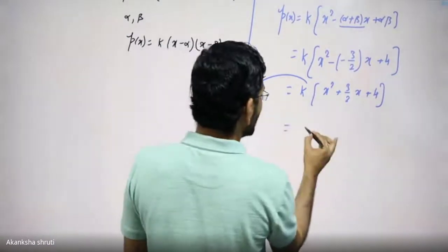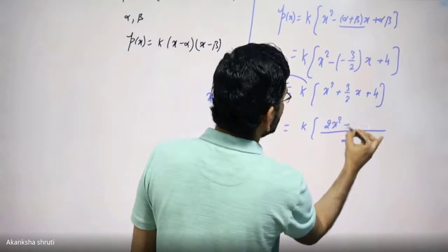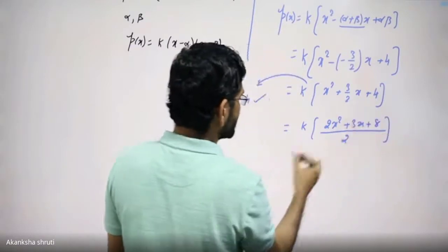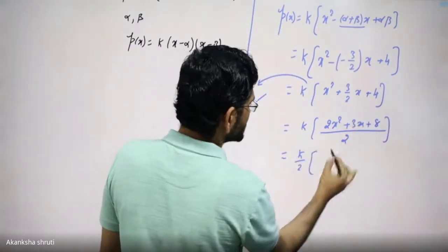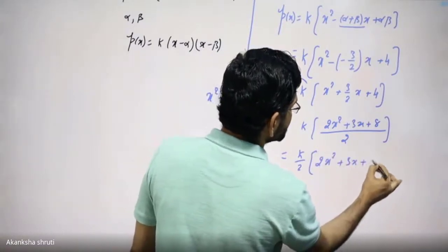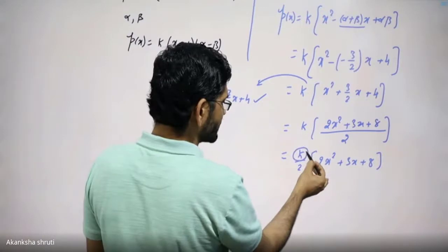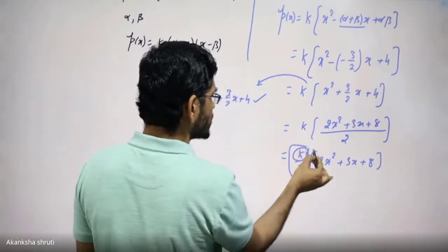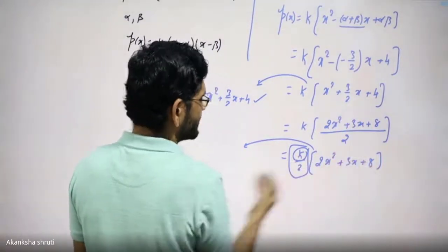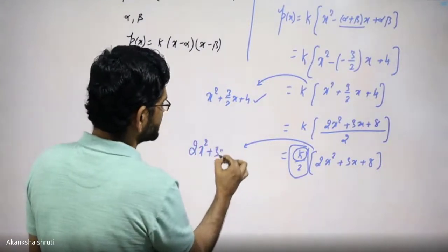It may be simplified in this form, k with the LCM: 2x square plus 3x plus 4 to the 8. Just take the LCM and rewrite this. Take this k/2 outside, then it is 2x square plus 3x plus 8. Student, here it is important that we are free to choose different values of k, and this entire coefficient may be dropped. Whatever the value of k, that doesn't matter, but based on the same zeros, we can get this value as 0. So it may be given as 2x square plus 3x plus 8.